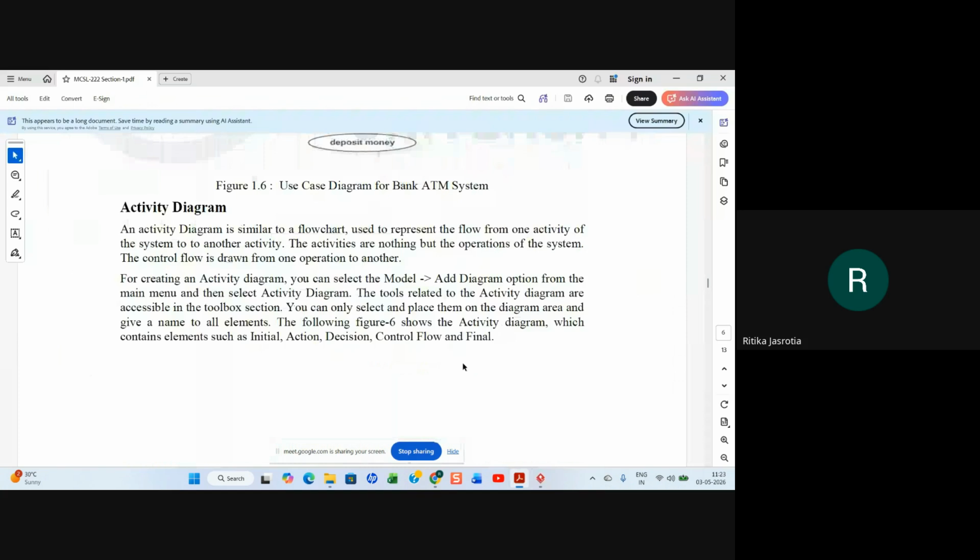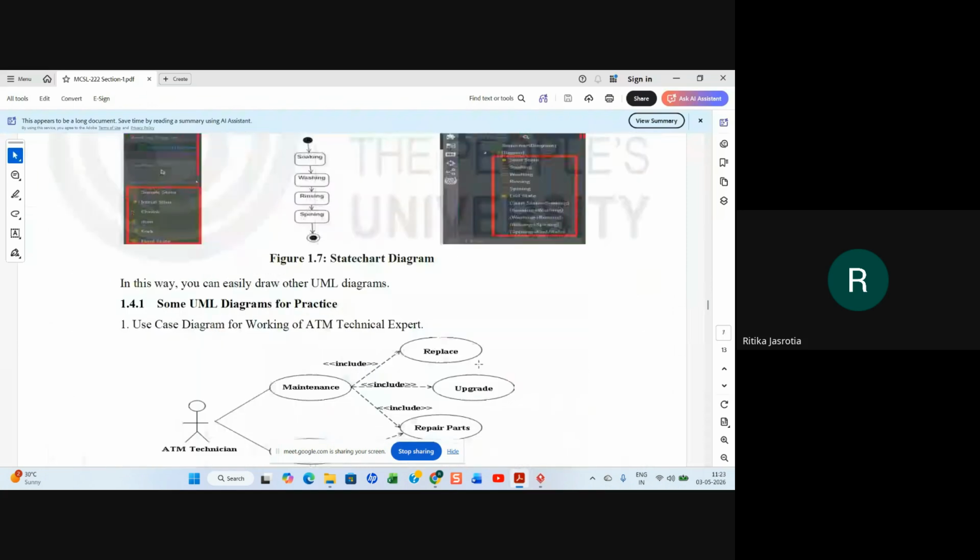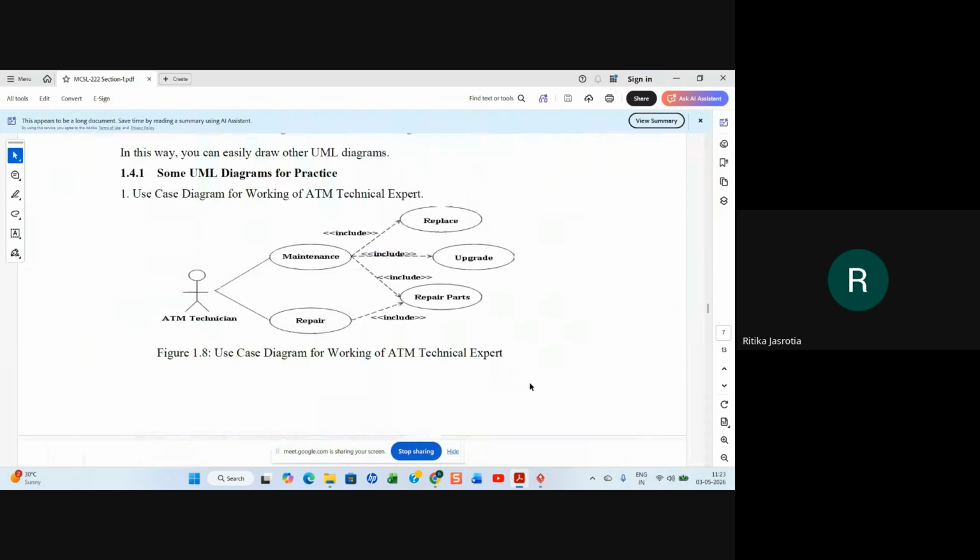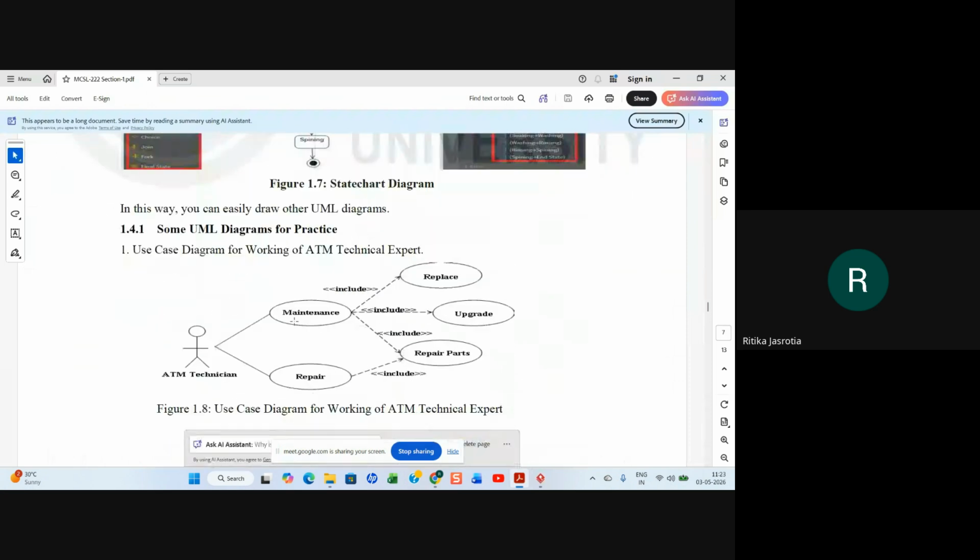This is a use case diagram. Now there is another use case diagram they have made, for the working of the ATM technical expert. So the ATM technician is there. He is maintaining, repairing, and maintenance includes replace, upgrade, right?